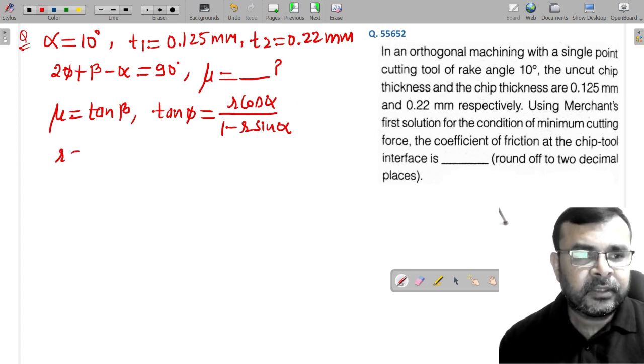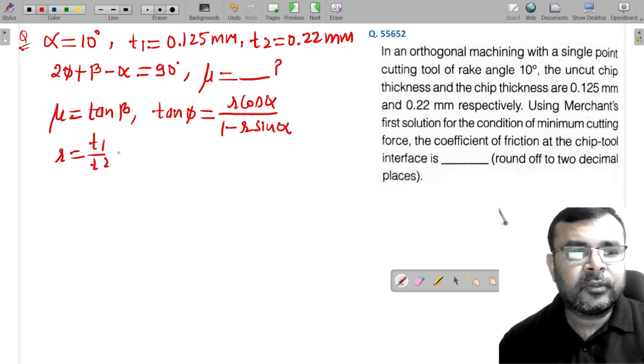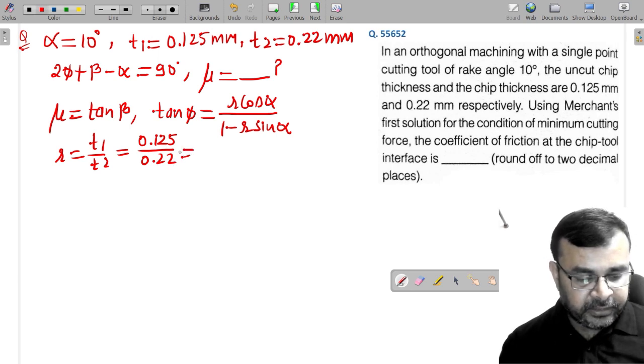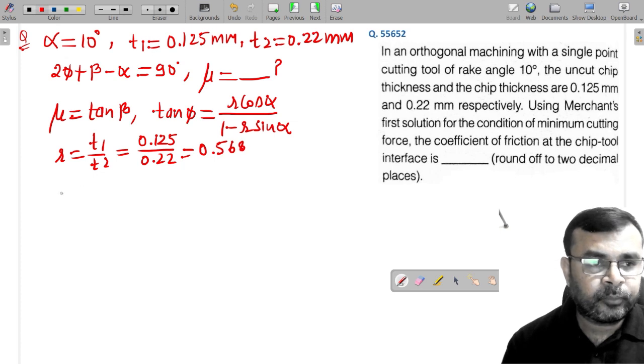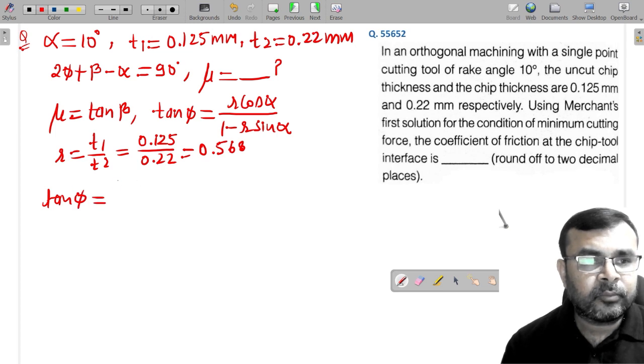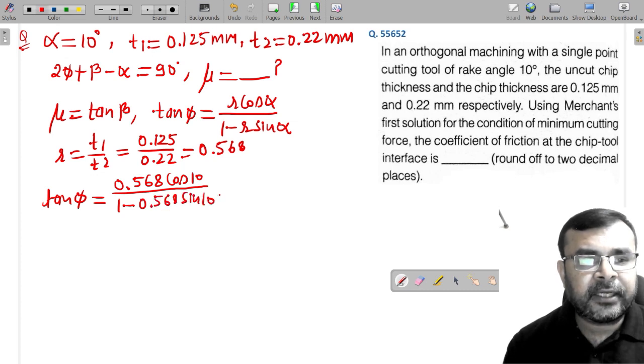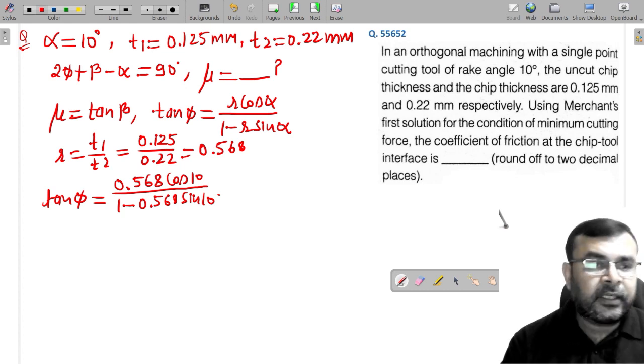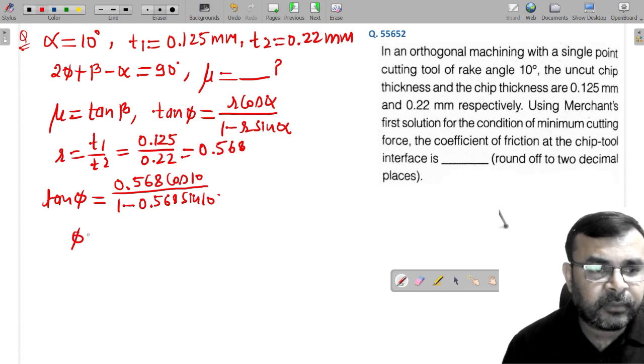करेक्ट. कटिंग रेशियो बोलते हैं हम इसको, T1/T2, और इसकी वैल्यू क्या है, दैट इज 0.125 ओवर 0.22. करेक्ट. इसको सिंप्लीफाई करेंगे, 0.568. एक बार r मिल गया तो tan phi इज इक्वल टू 0.568 cos 10 डिग्री ओवर 1 माइनस 0.568 साइन 10 डिग्री. अब देखो ये क्या आता है, 31.8 डिग्री. यहाँ से आपको मिल जाएगा phi इज इक्वल टू